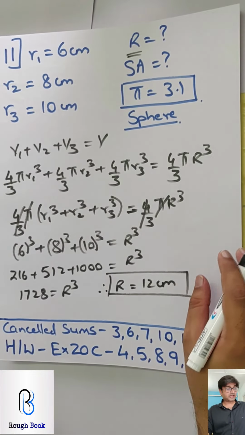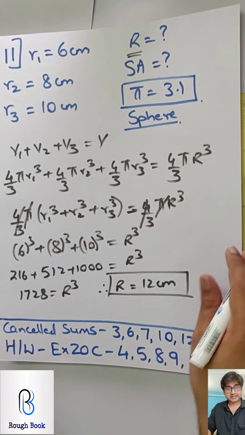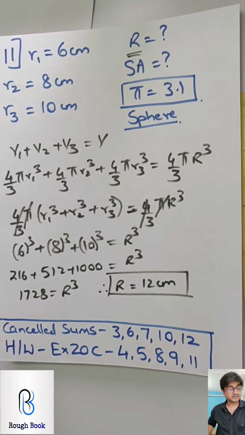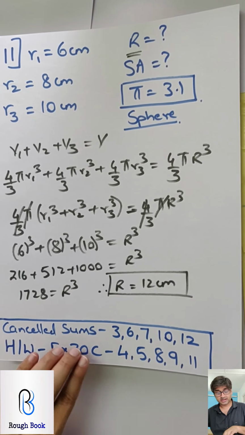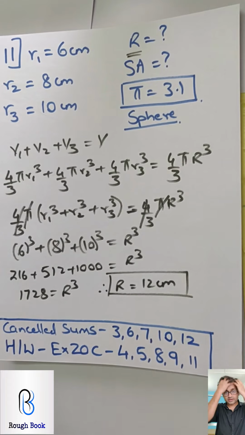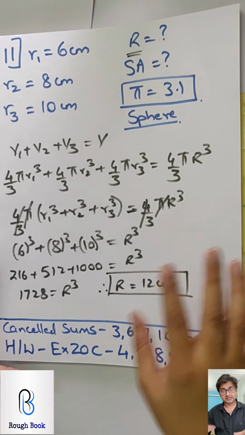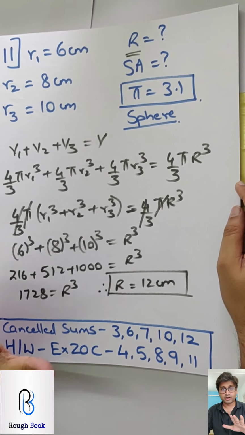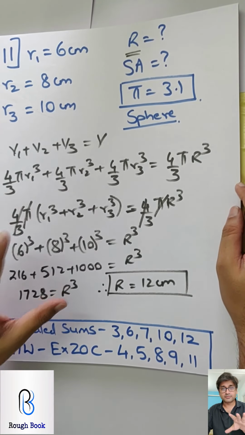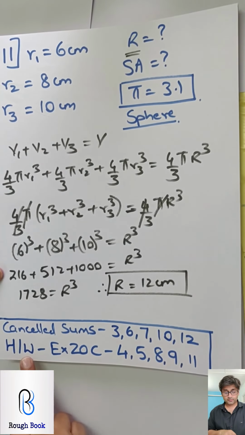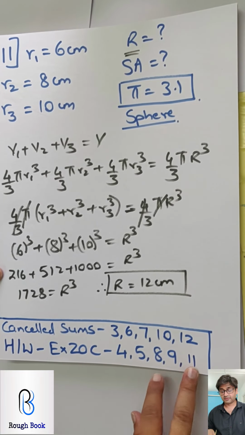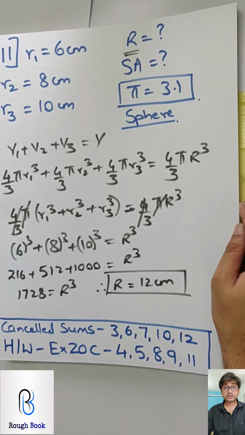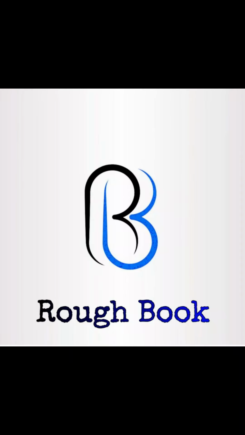Alright. So that's it with your sum number 11 and this exercise. A lot of sums have been cancelled here, like sum number 3, 6, 7, 10 and 12 are cancelled sums, because these type of sums do not appear in the exam, so you can straight away ignore them. Not cancelled from the board, but yeah, they are not coming in the exam usually, so you can ignore. Homework, I want you to do 4, 5, 8, 9 and 11. Few questions I have asked you to repeat so that you get a good practice on it.